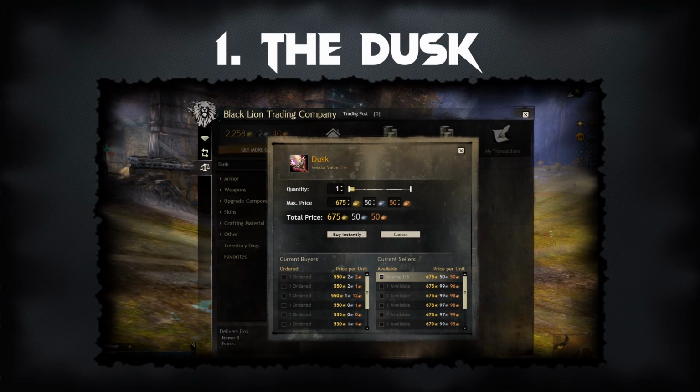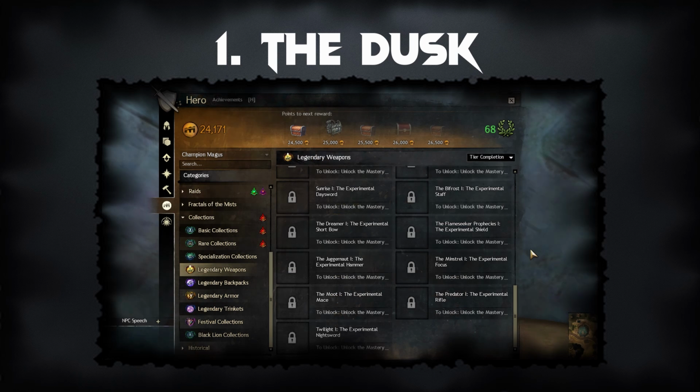The Dusk can be bought on the trading post, which at the time of this video is going for roughly 600 gold. It can also be earned through a series of collections that you can access via the achievements panel if you are interested in doing it that way. If you want to know whether doing the collection will be cheaper than buying it on the trading post, then you can visit